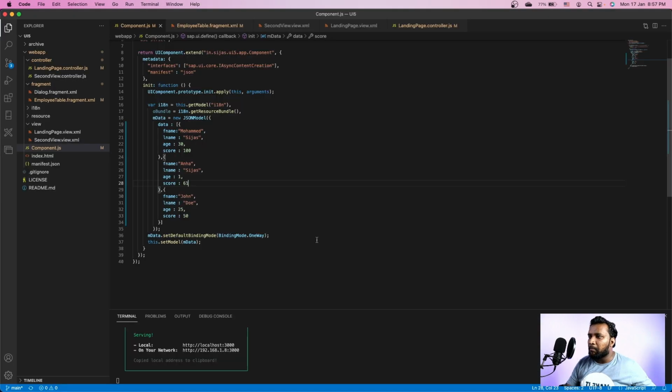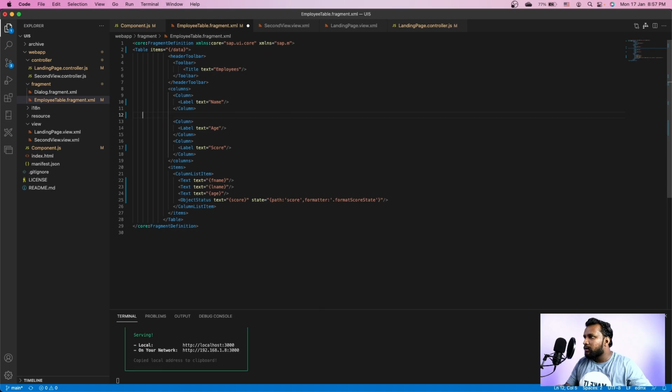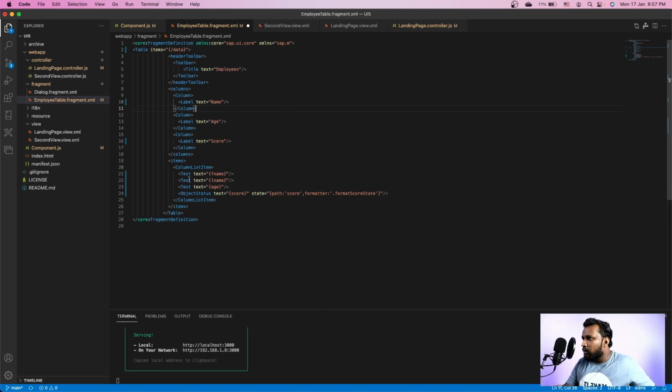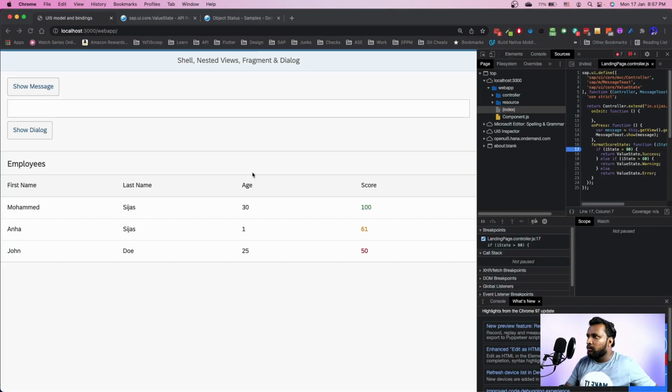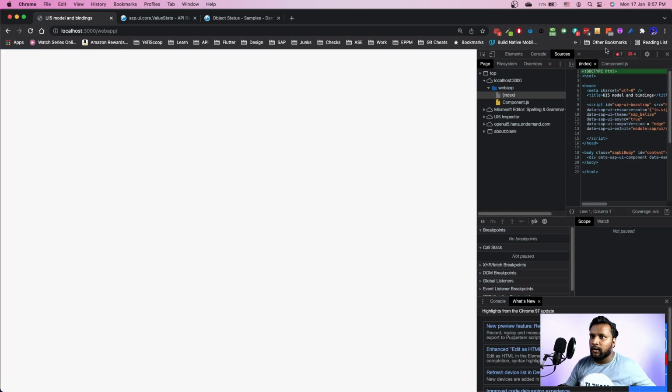So how do I pass multiple values to a formatter? Pretty good question. For that, we might need to adjust our method in the views. Let me go to the employee table, where I have first name and last name. I'll use something called name instead. So I have a single name column, not multiple names. So I need to combine them. I'll remove here also. With this change, you see there will be 3 columns: the name column, age, and score. I'll just remove the breakpoint.